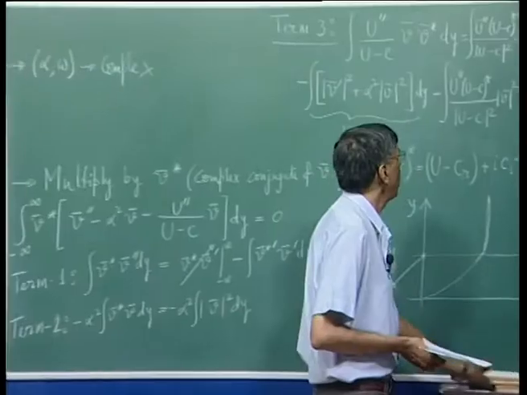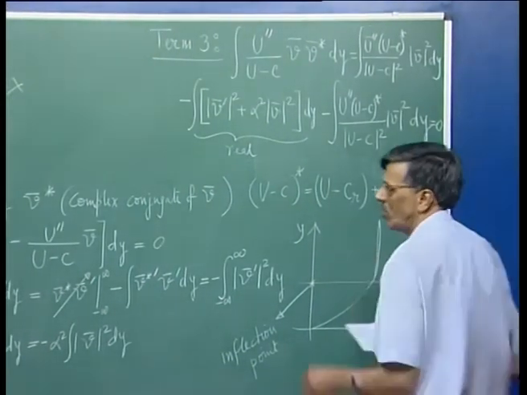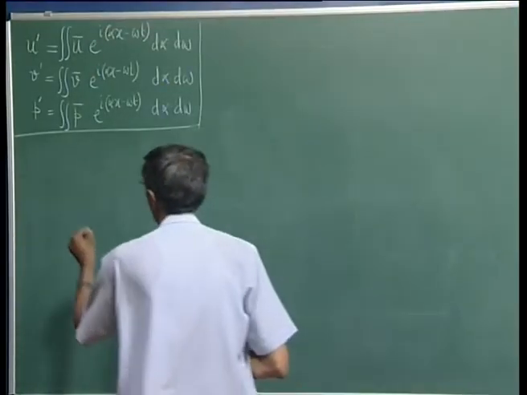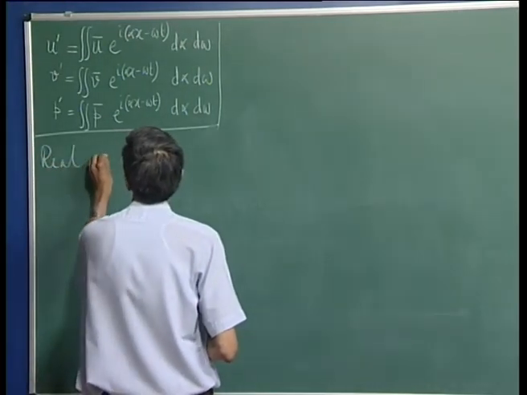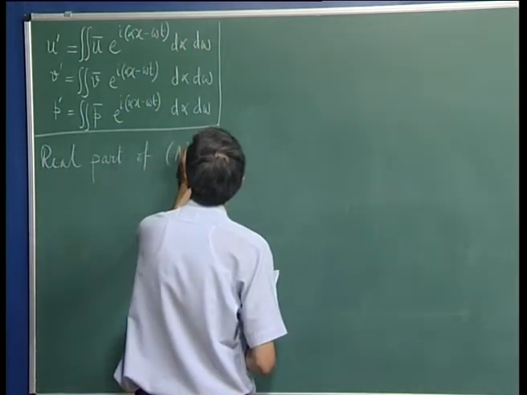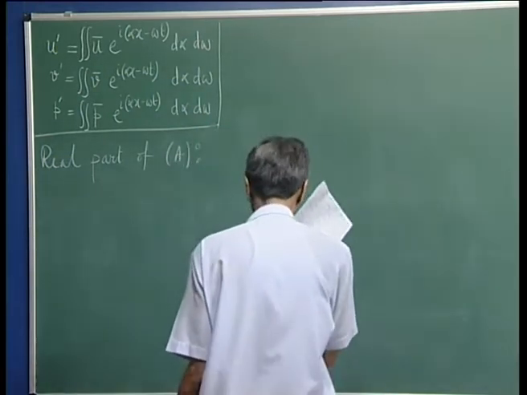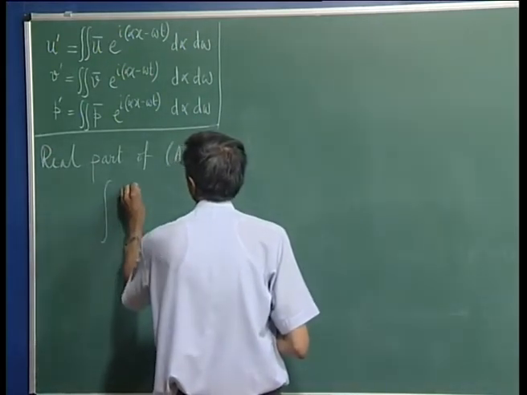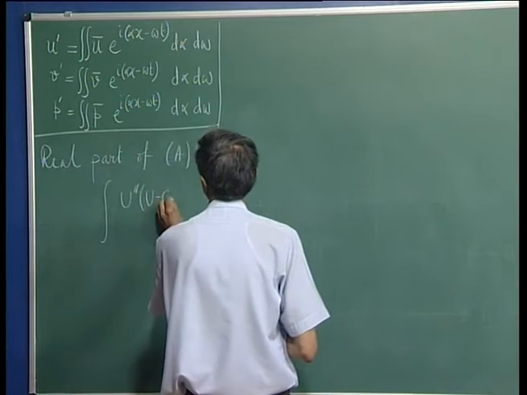Now, if I call this equation A, let us say, the Rayleigh theorem investigated the imaginary part of A. Let us look at the real part of A. What do we get? Well, we get the following, that the equilibrium flow information that comes in from this